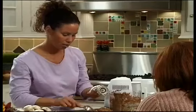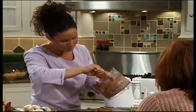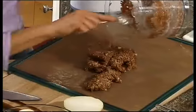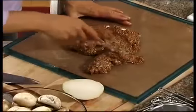And you can, again, make them really thick or thin, and you know, experiment. Once you make them a couple times, you'll know how to do it. And you'll see what you like and what you don't like. And so then you just spread it out. Let me actually get the...